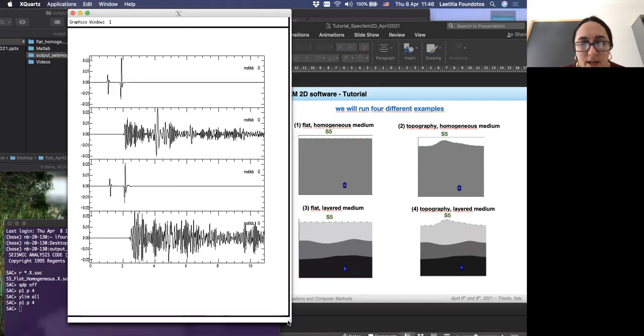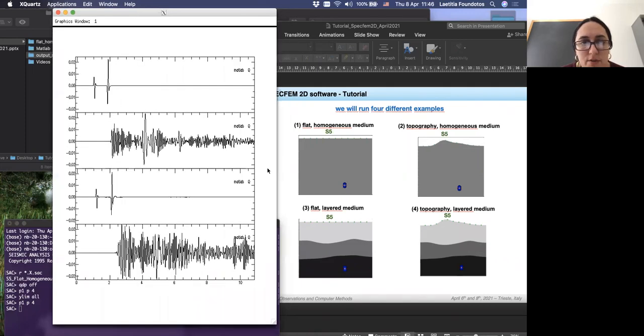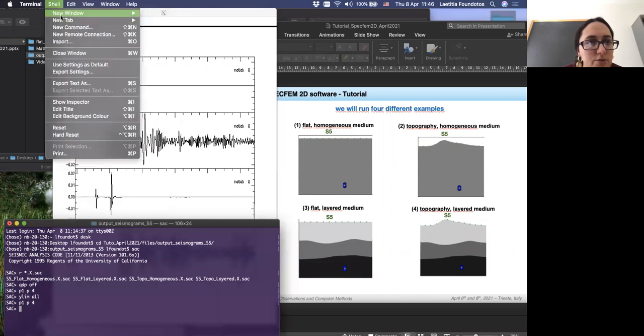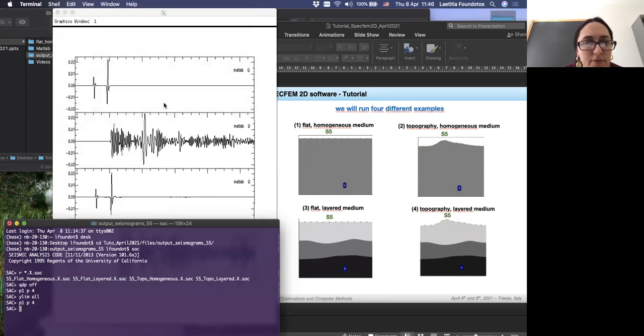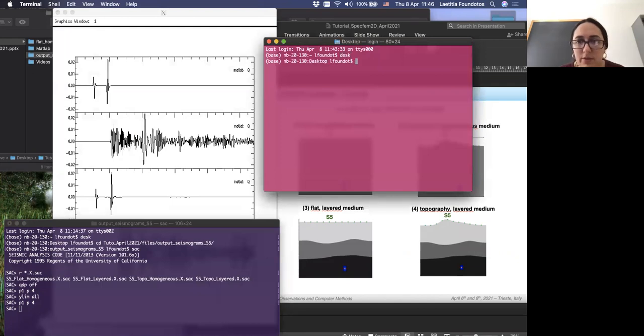So first, let's analyze these results. This is for the horizontal component for this station 5. This one was the first one, really simple: P wave, S wave, okay. Then this one here, we cannot observe such a great difference. Let me do something to take care of this specific case.